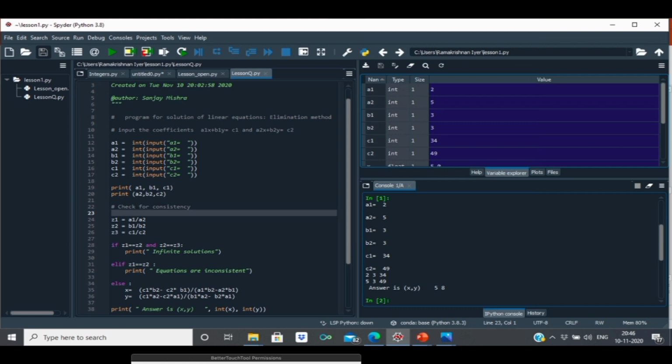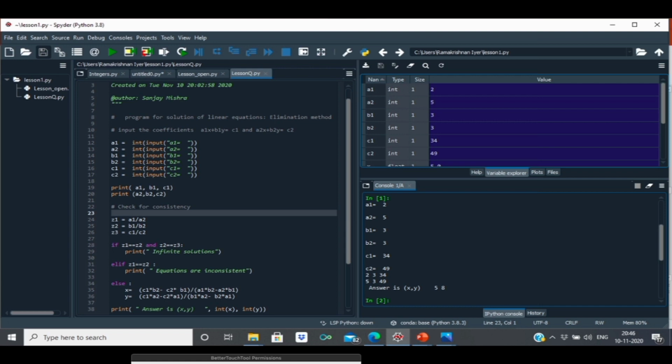Else, X is equal to this, we have derived that equation. Y we have derived by eliminating X, which I showed you in pseudocode. We get Y, and then print answer is integer X and integer Y.